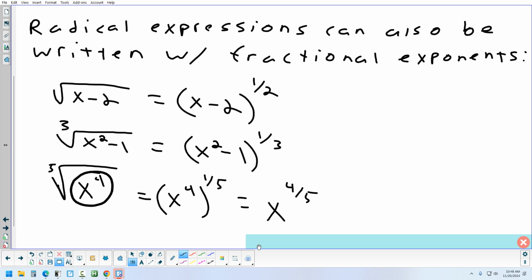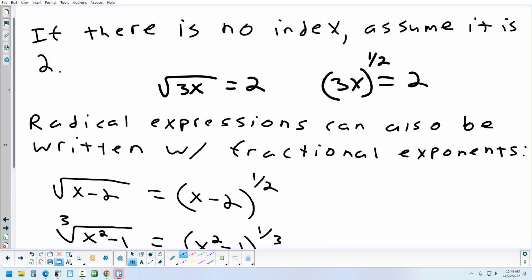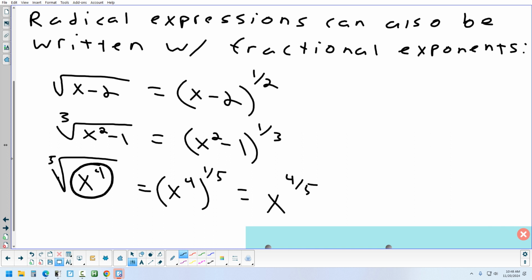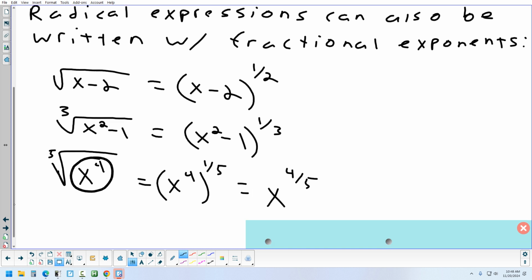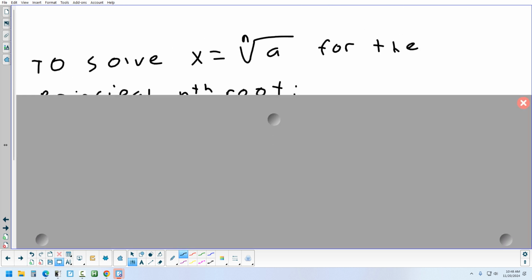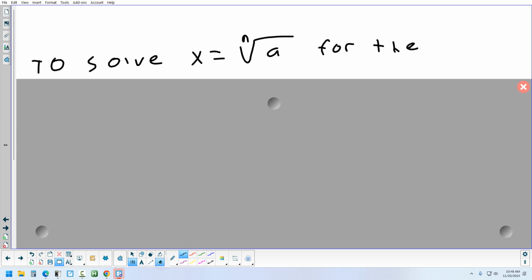Any questions, especially on that last one? This idea of writing roots as exponents is going to come up when we do our last type of function we studied in chapter 5, next academic week. But we're talking about radicals, so it also comes in when we study radicals. All right, so